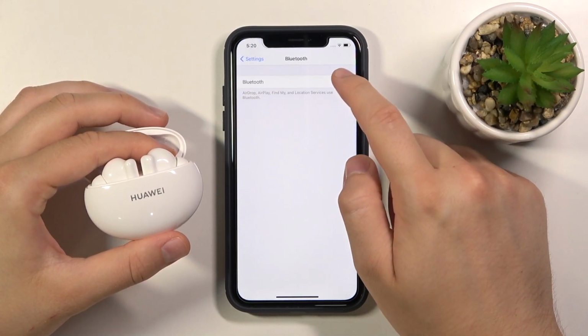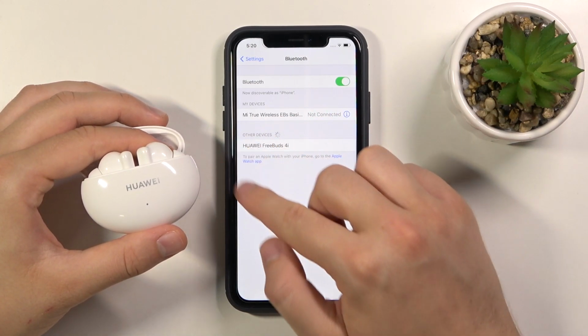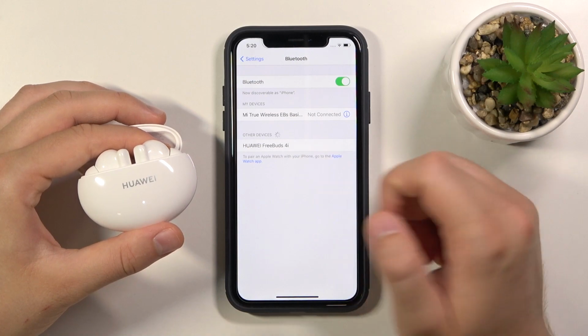Open settings, Bluetooth settings on your phone, and take a look at the other devices. On the available devices list, they pop up here, so we have to tap on them once,